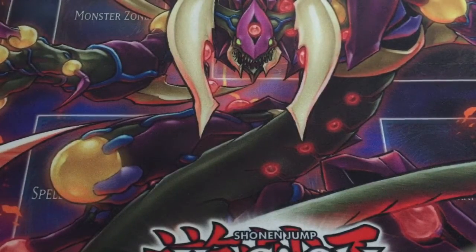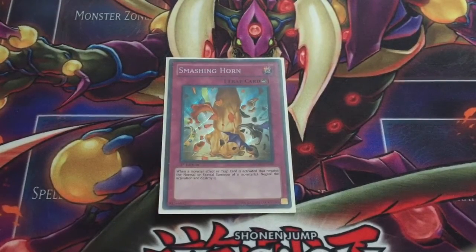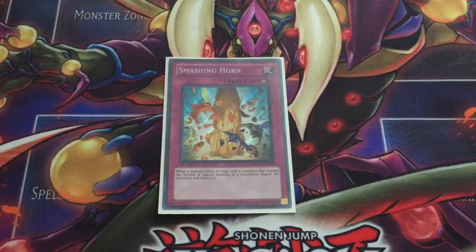And the final card I run is one copy of Smashing Horn. Negate any horn, negate Solemn Judgment, negate Solemn Warning. Pretty much any card that would activate to negate the normal or special summon of a monster, you can activate this card, negate that effect, and destroy it. So, yeah, a pretty situational card, I guess you would say, but I've yet to resolve it. But when I do resolve it and negate a Solemn Warning that my opponent's not expecting, they're going to be in for one hell of a surprise. So, yeah,